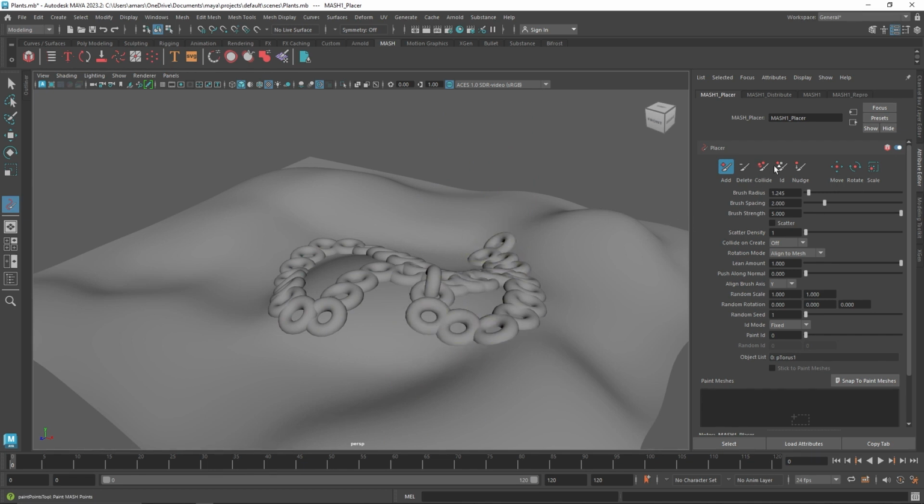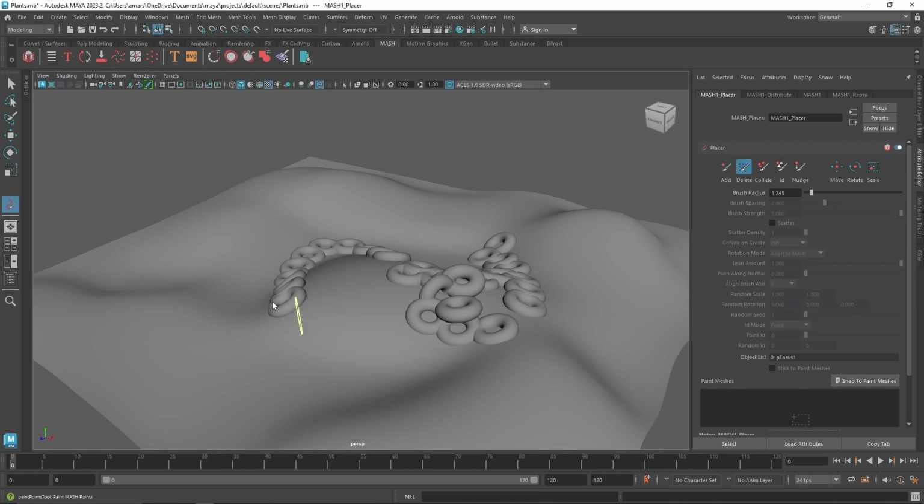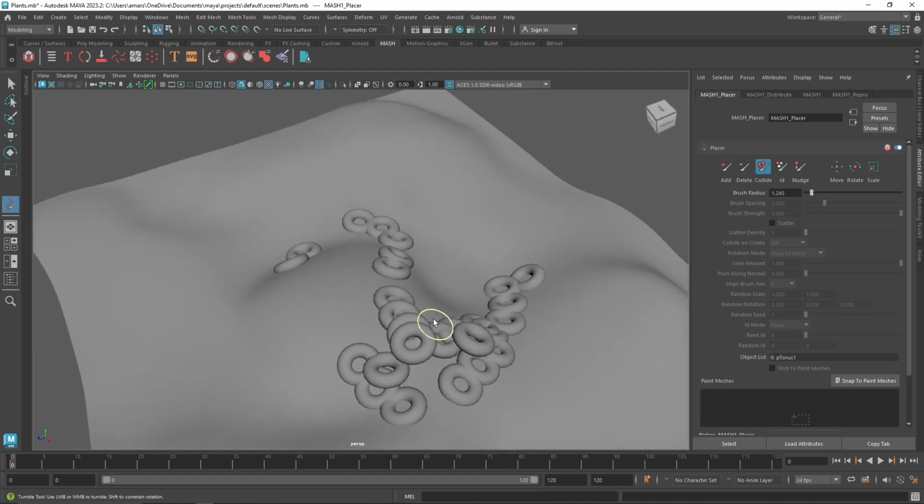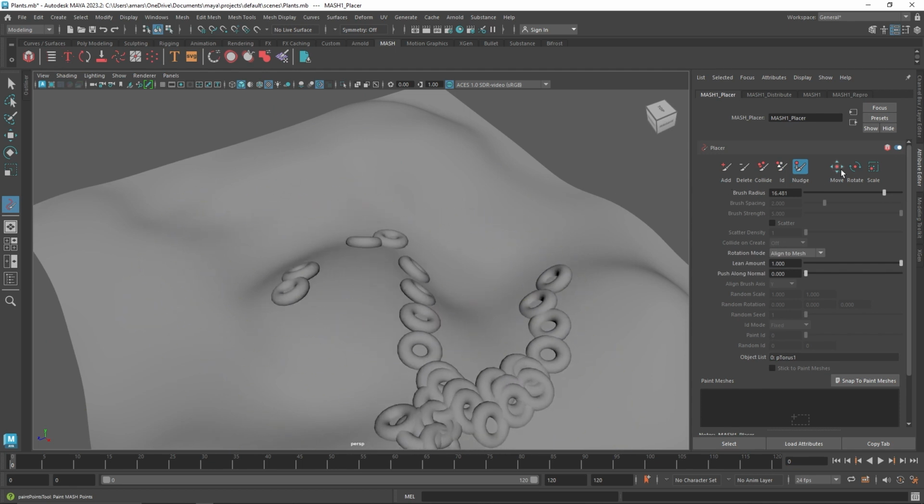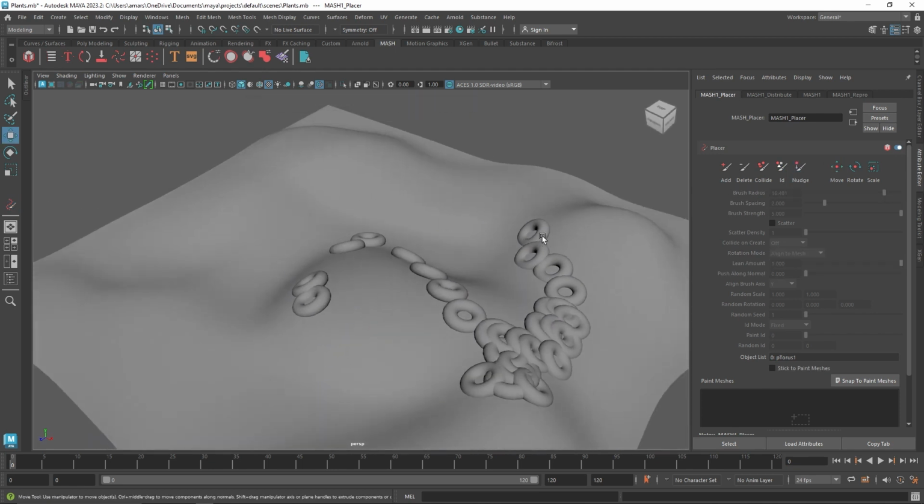Now obviously you have this ID brush. You can change the ID of what ID you want to use, which is what we are not doing right now. And we can also delete them accordingly. We can also change the collision between them. Like here you'll notice that we are colliding between them, and you can obviously change the ID, which we are going to be changing in a bit when we are using our different plans. And you can nudge them around, which is basically you can move them around and so on. And the usual stuff, you can hit move,